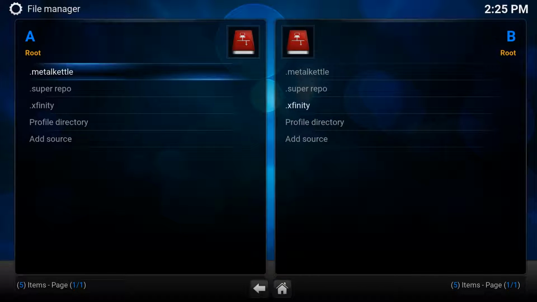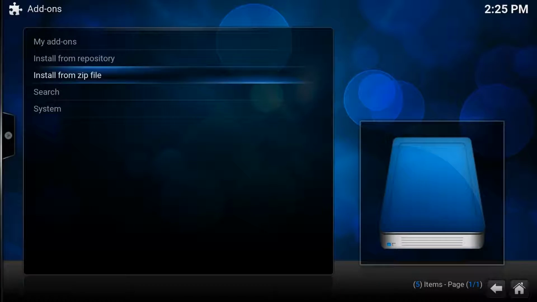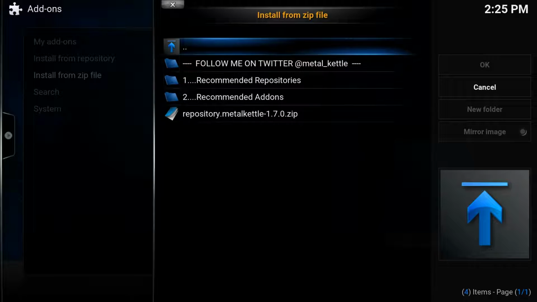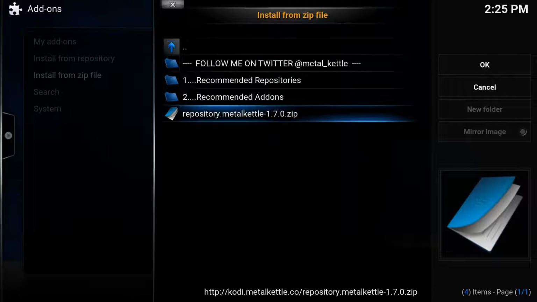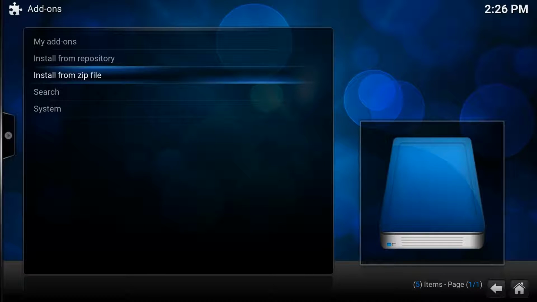There we go. And now if I click out of here, go into system, go into add-ons, install from zip, it's added there. Now if it's worked correctly, I should see some things going on inside this folder. There we go. What I want to do is click on repository Metal Kettle. Yours might look a little different. What you want to be doing is basically installing the one thing that looks the biggest, the main repository, the main bit of gumph, and usually it is some kind of zip file unless it's within a folder. And again, should have a little pop-up.